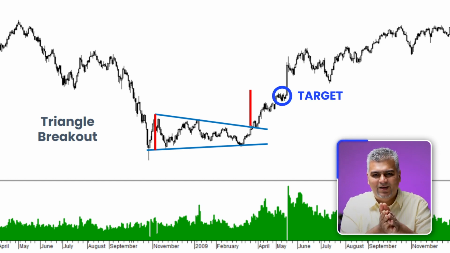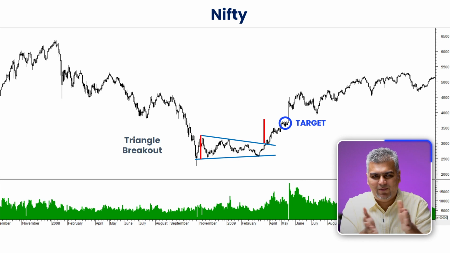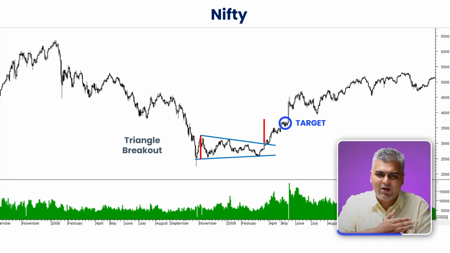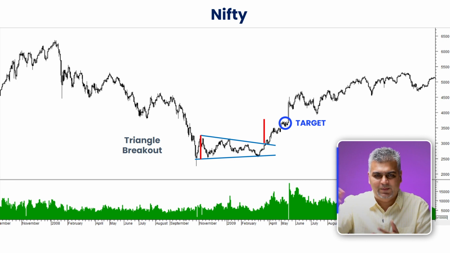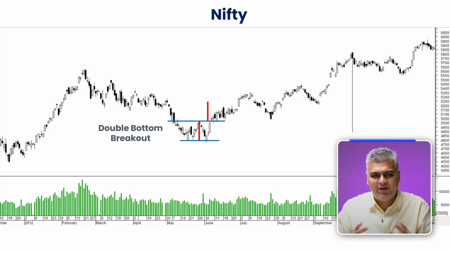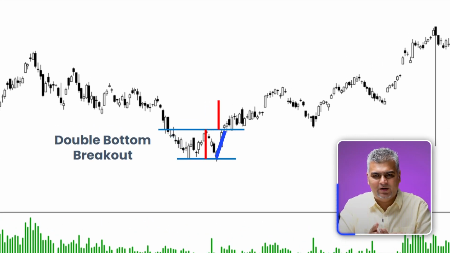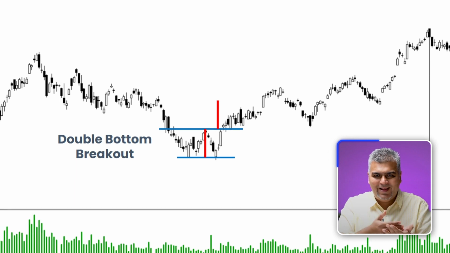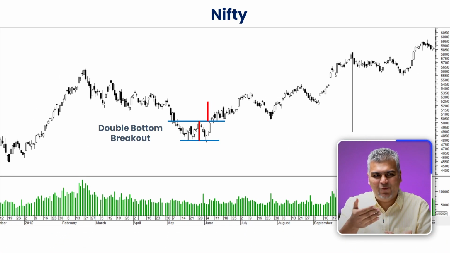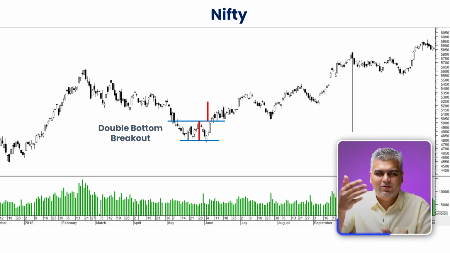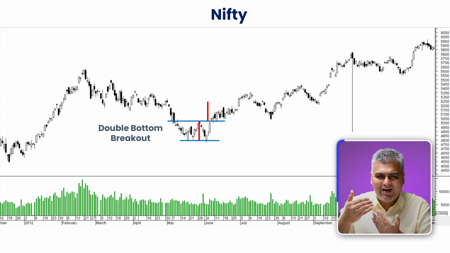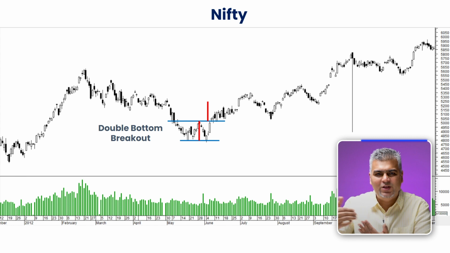Say consider the Nifty was between a range of 2,500 to 3,300. So that's like an 800 point range. So a breakout would imply an 800 point upside. Now, the next example in front of you is somewhere in 2012, where the markets corrected. They made two exact bottoms at 4,800, as you see on the chart. The intermediate high was closer to 5,100, 5,150. It broke out, and at that point of time, above 5,150, you initiate a buy.